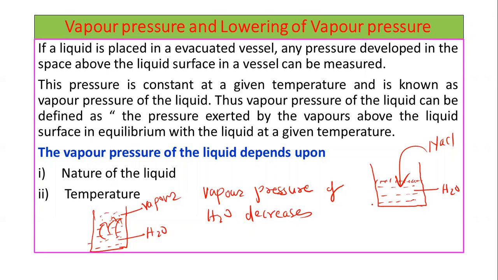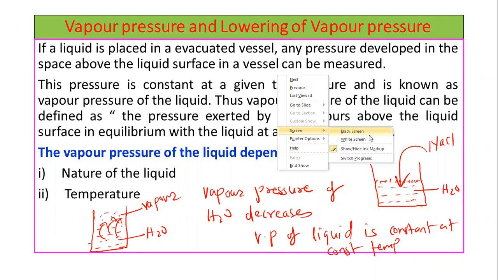The vapor pressure of a liquid, any liquid, is constant at constant temperature. If temperature is constant, vapor pressure is also constant. If we increase the temperature, vapor pressure also increases. You can see here, suppose that